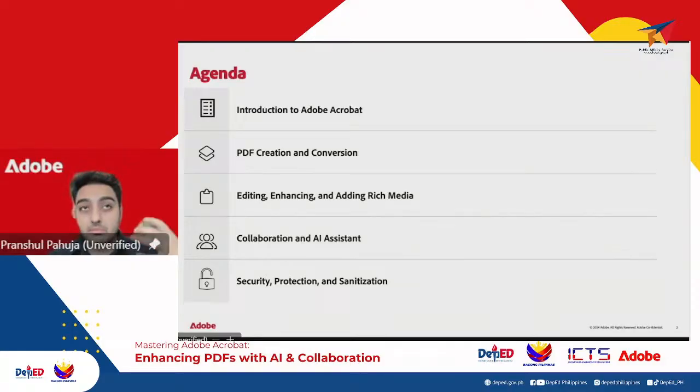Then we will look at an example wherein I have a document, I'm working maybe with someone, my peer, and I want to share the document and understand a bit more of someone else's perspective, how I can collaborate with others using Adobe Acrobat. Then we will look at the AI assistant capability now. Adobe has introduced this new capability which allows you to get insights from the document. I have a few examples there as well.